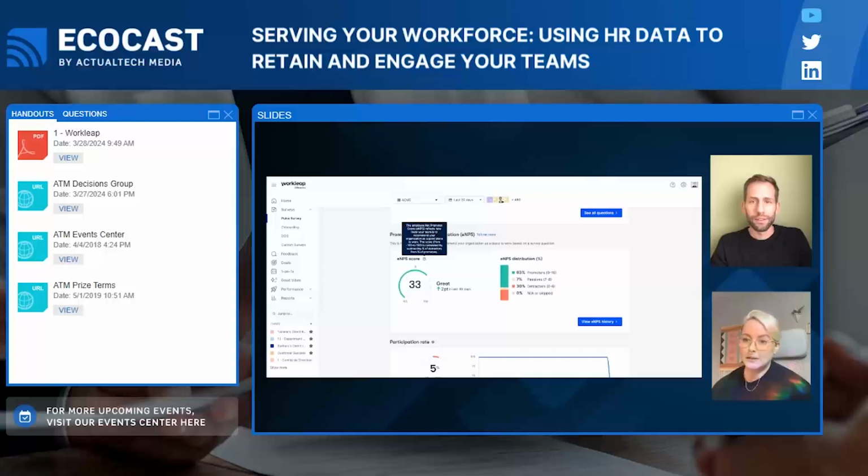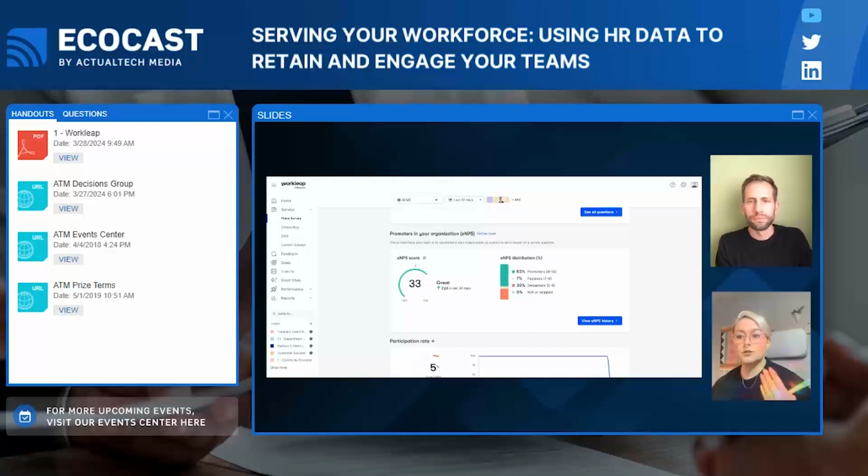And because we time it, we ensure that members are seeing this question on a regular cadence and being able to answer it as the trends happen. WorkLeap Office Vibe itself, as a pulse tool, we want to make sure that we're capturing these sentiments as they come up. So the eNPS question is just one question. But what I do like about our methodology is that we track the passives and the skips in an organization and at the team level. So like the DEIB question set, where you can see the questions that were skipped, you can see the percentage in your organization or at a team level of the amount of people that have either skipped it or haven't seen it in the last 30 days or 90 days to give you a good indication of how people feel and where they're at.